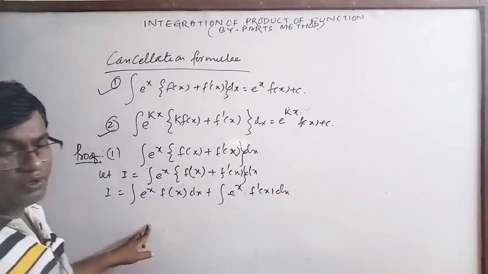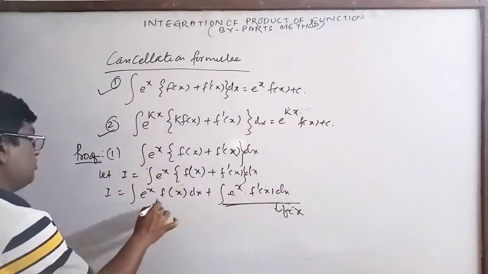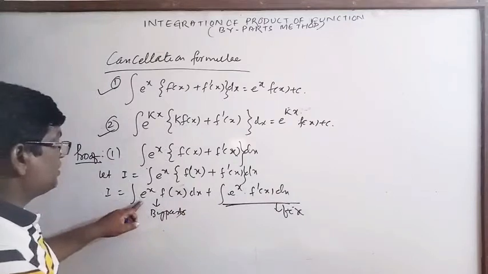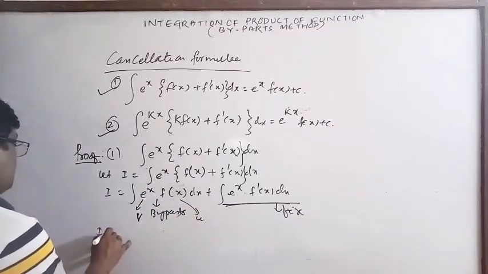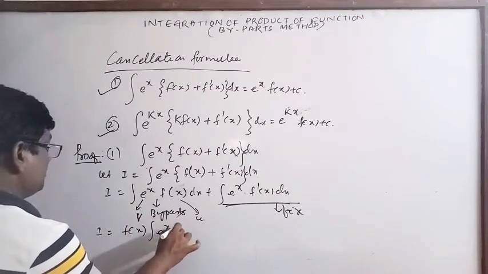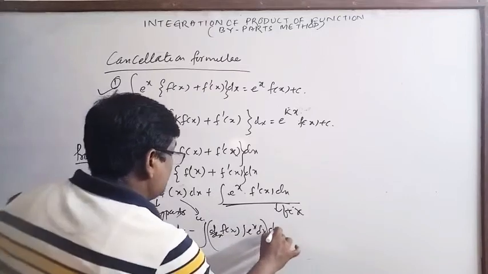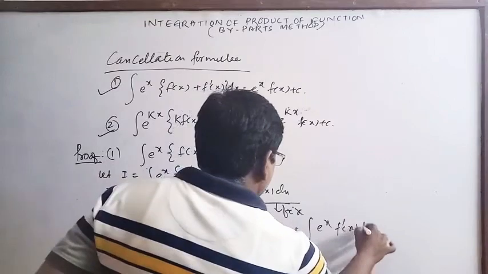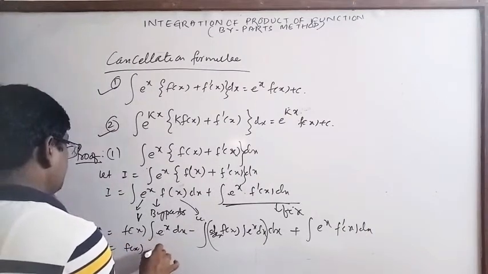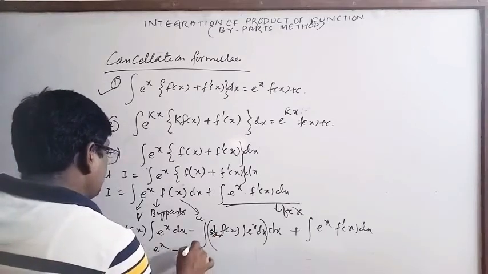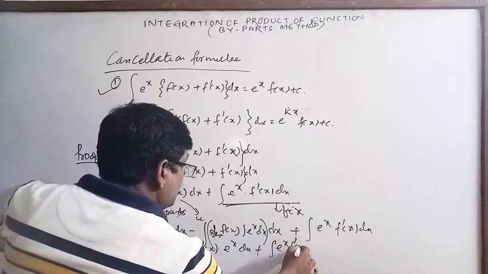If e to the x function and its derivative are both present, then we keep the function part the same, keep this fixed, and apply integration by parts on the rest. By the ILATE method, the exponential remains v and this is u. So apply the by parts method. So I is equal to f of x integration of e to the x dx, minus integration of the derivative of f of x times the integration of e to the x dx, whole dx, and this e to the x f dash x dx stays fixed. Clear? So I is equal to f of x into e to the x, minus integration of f dash x into e to the x dx, plus integration of e to the x f dash x dx plus c.